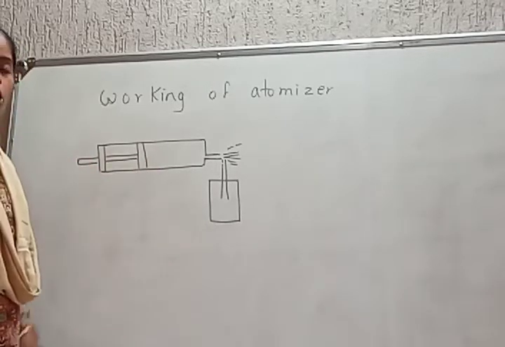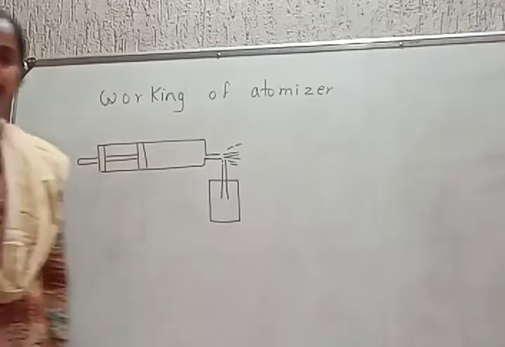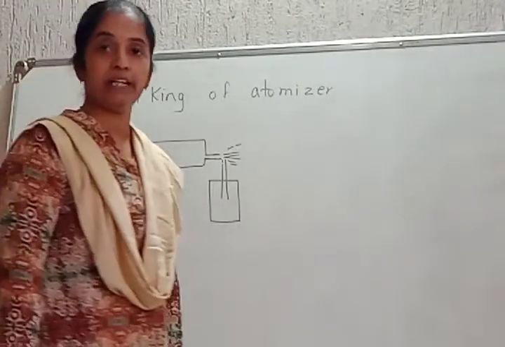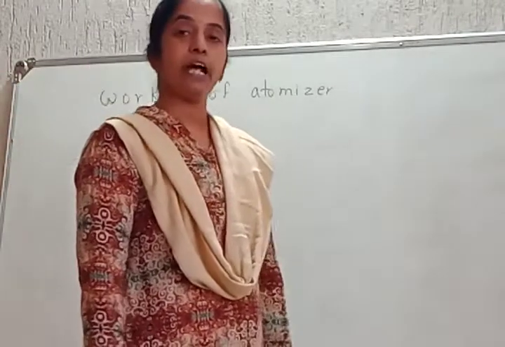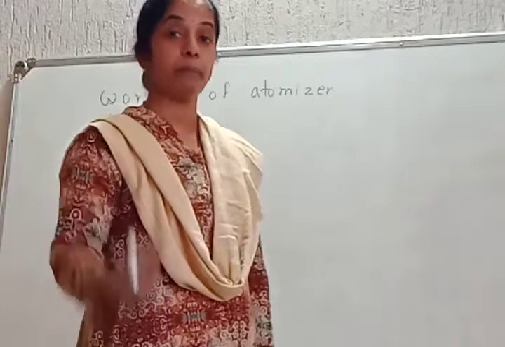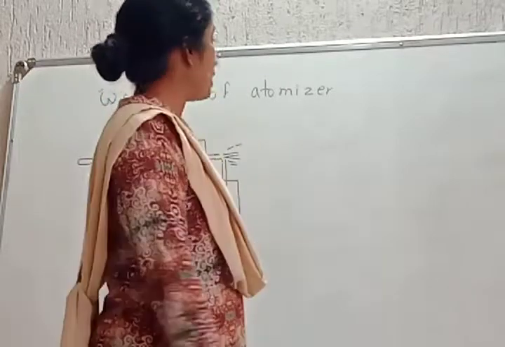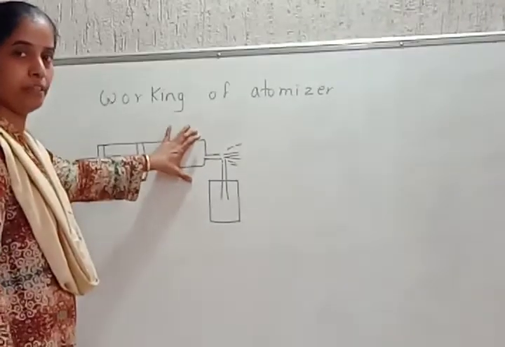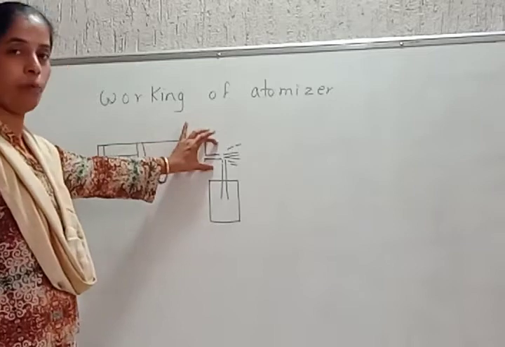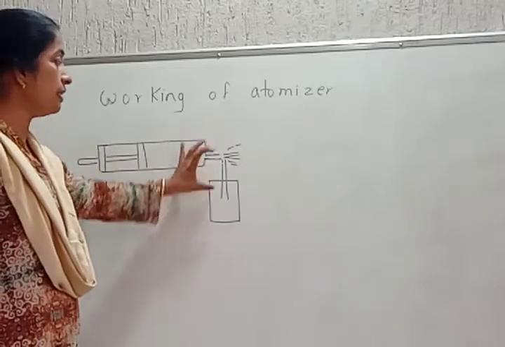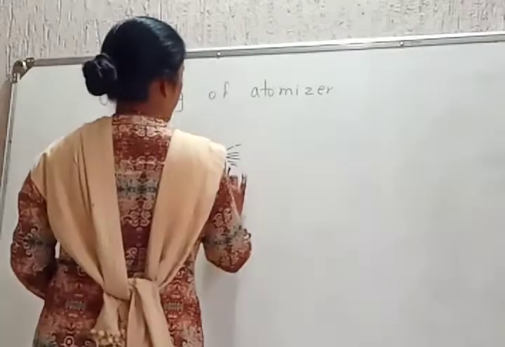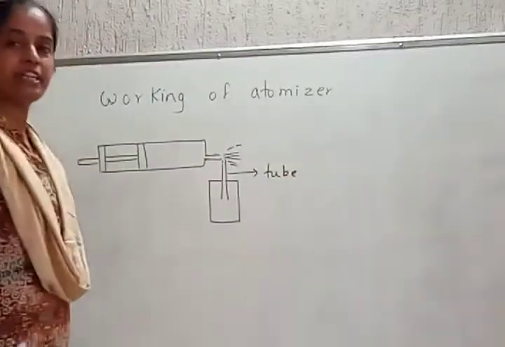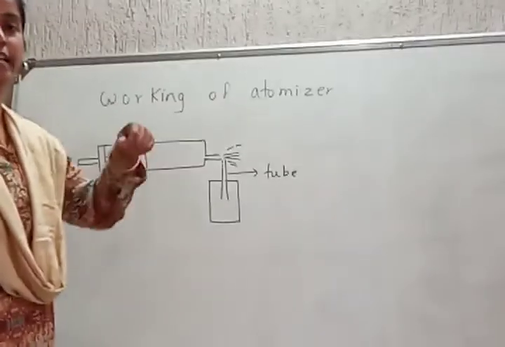Okay, so atomizer, where do you find it? In the carburetor of automobile engines, insect sprayer, scent sprayer, deo spray, everywhere. So they work on the principle of Bernoulli, which consists of a cylinder attached with a piston. There is a small opening provided to the cylinder, and then there is a tube. This is a tiny tube here, which is placed in the liquid or inserted in the liquid.